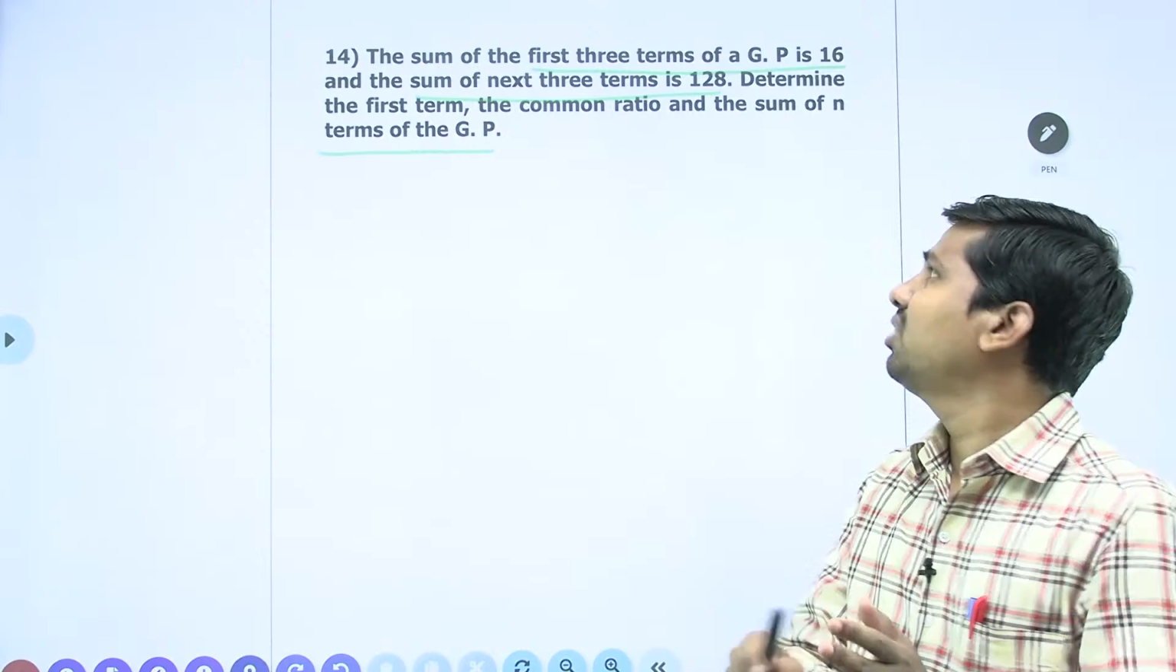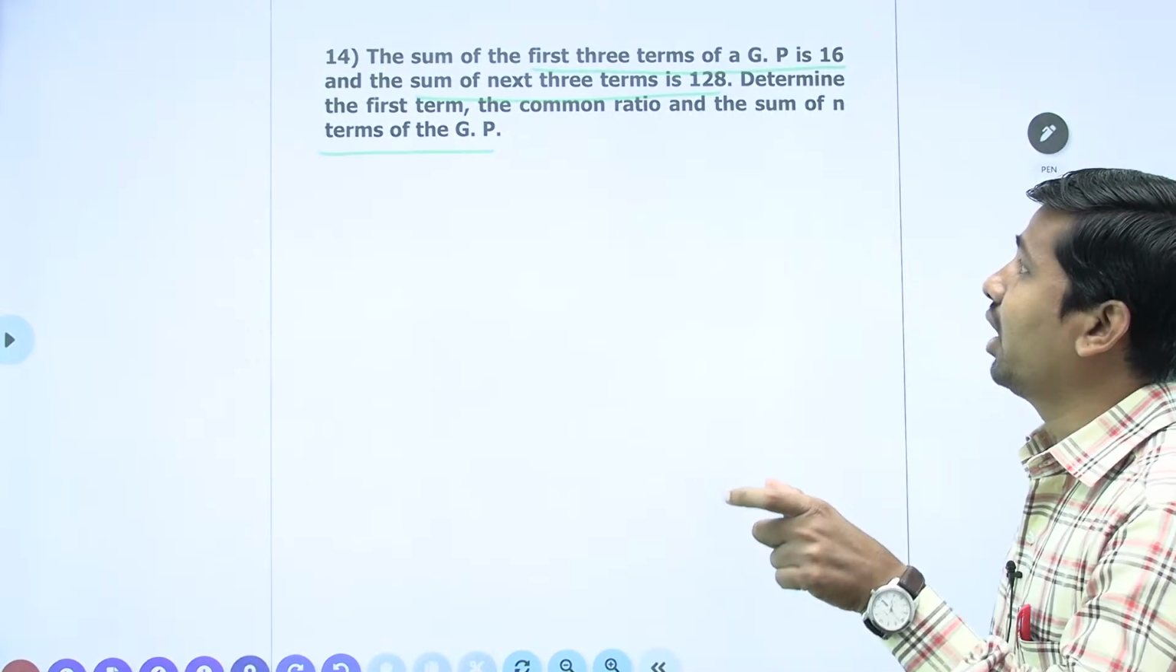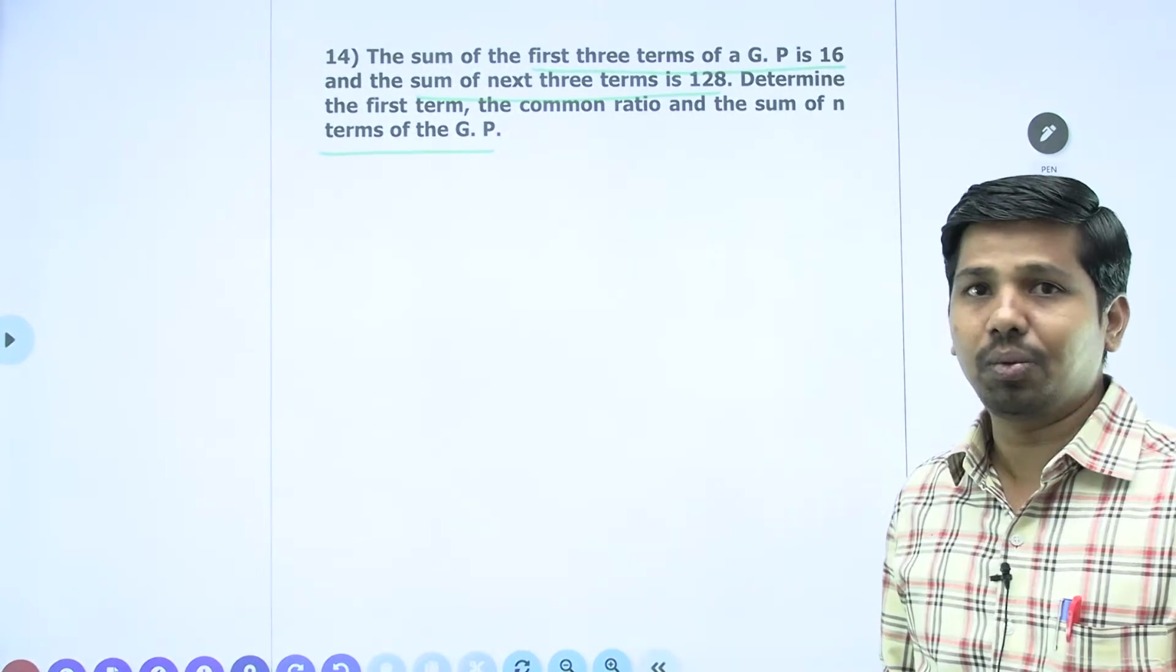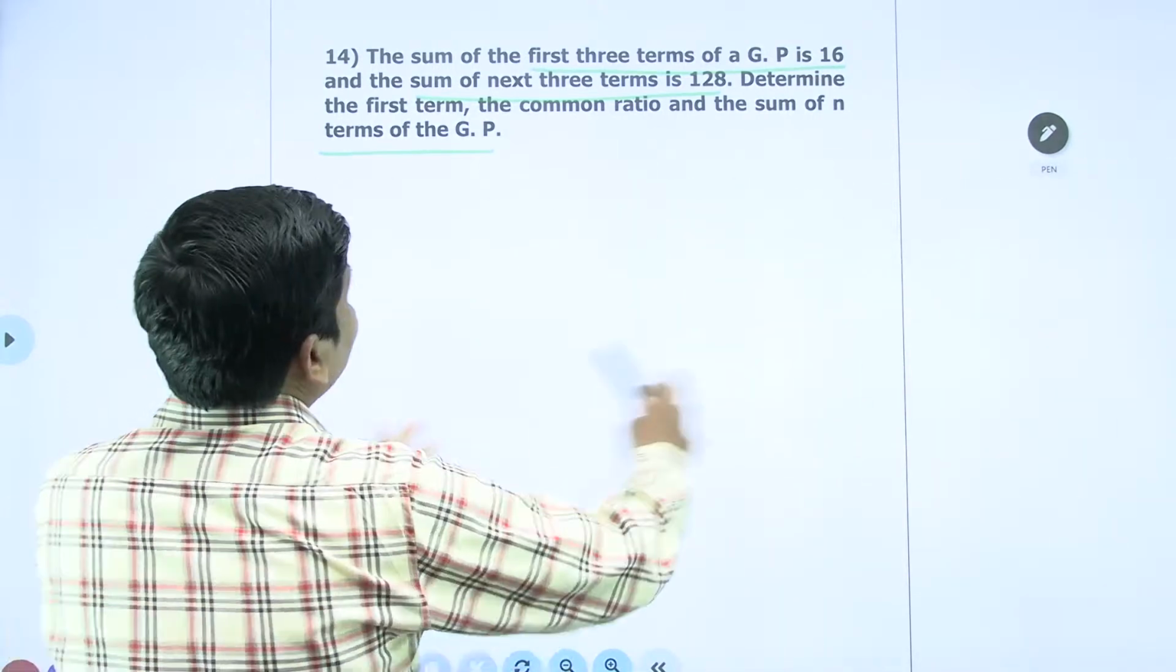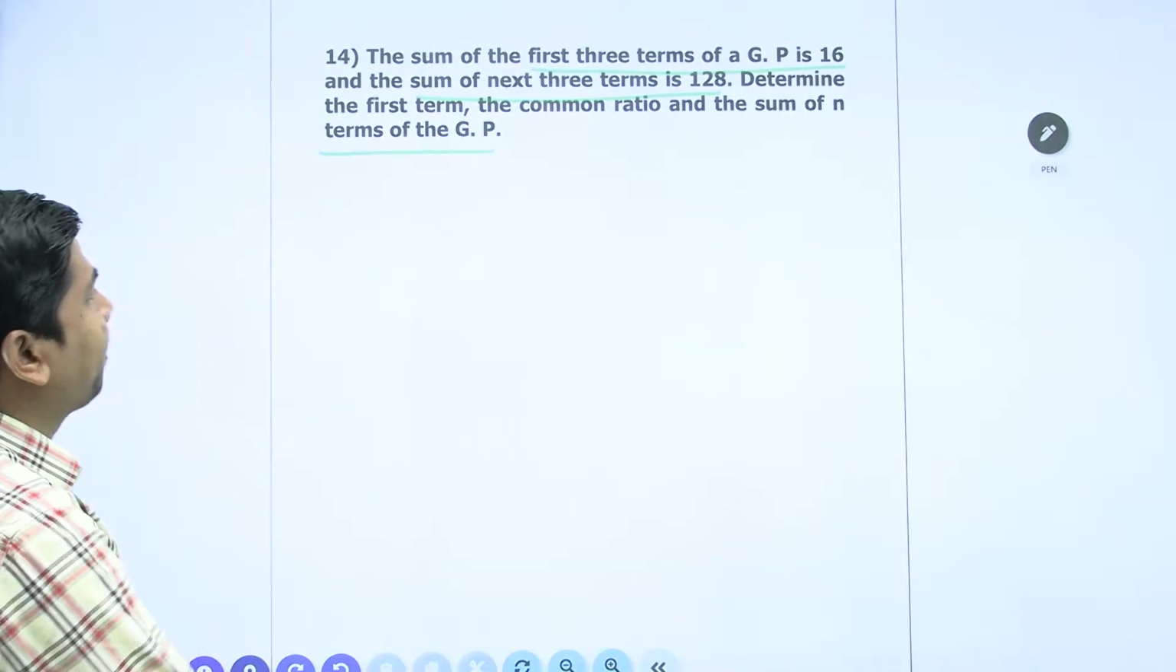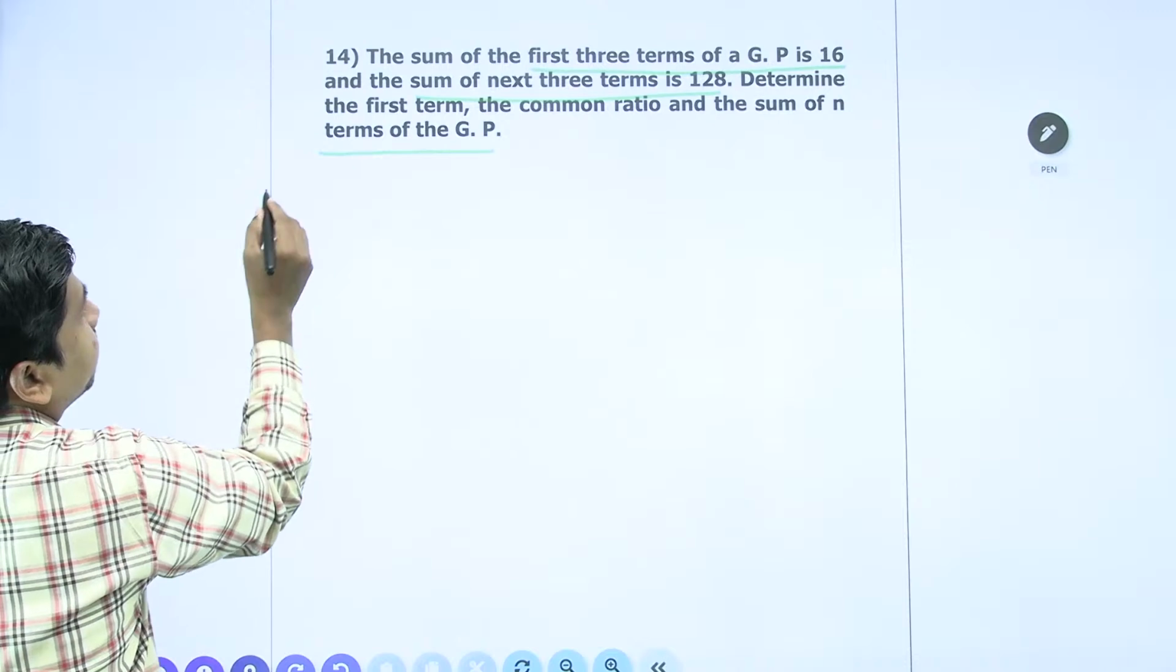Condition: sum of the first three terms is 16 and the sum of the next three terms is 128. Okay, let us solve this problem. Solution: let the GP be